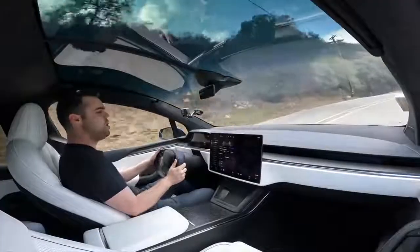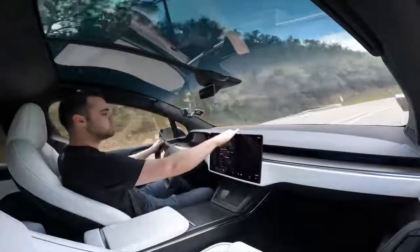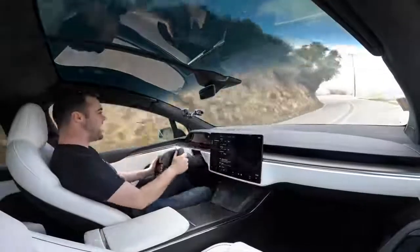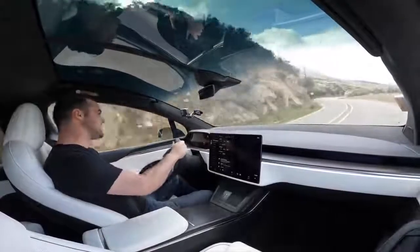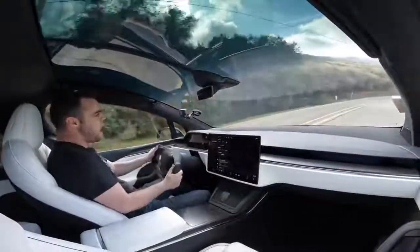Now, even though this is not a sports car by any means, I'm very curious to see how this handles in the canyon. So we're going to go ahead and put the suspension into sport mode. We're going to put the pedals and steering into Plaid mode, steering in sport mode, and off we go. The acceleration in this thing is nuts. Wow, honestly,